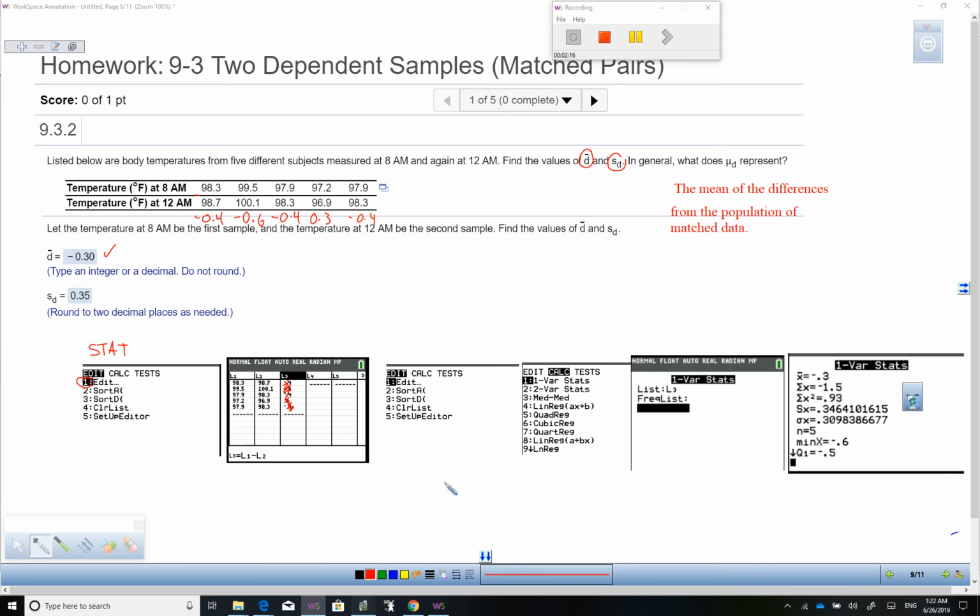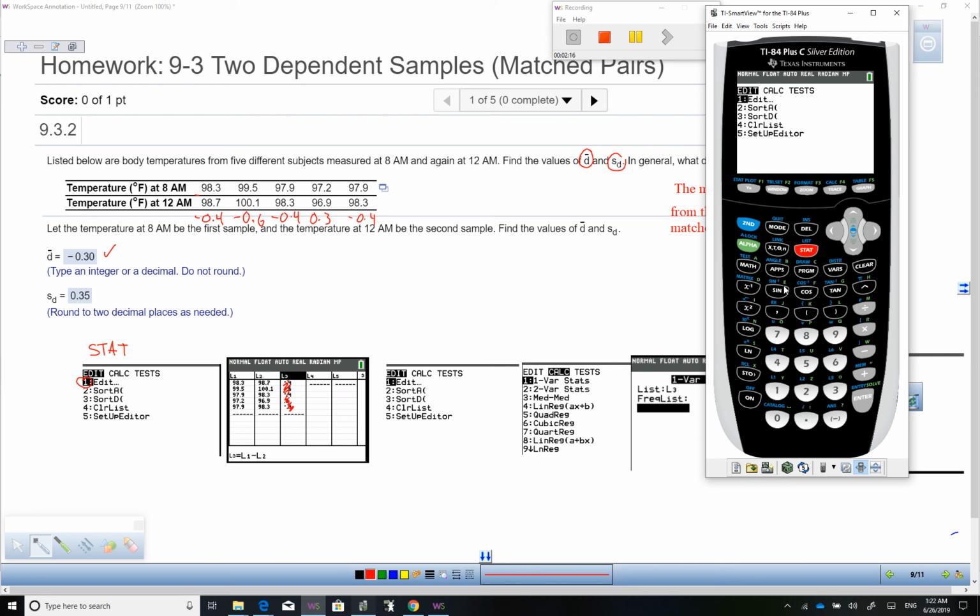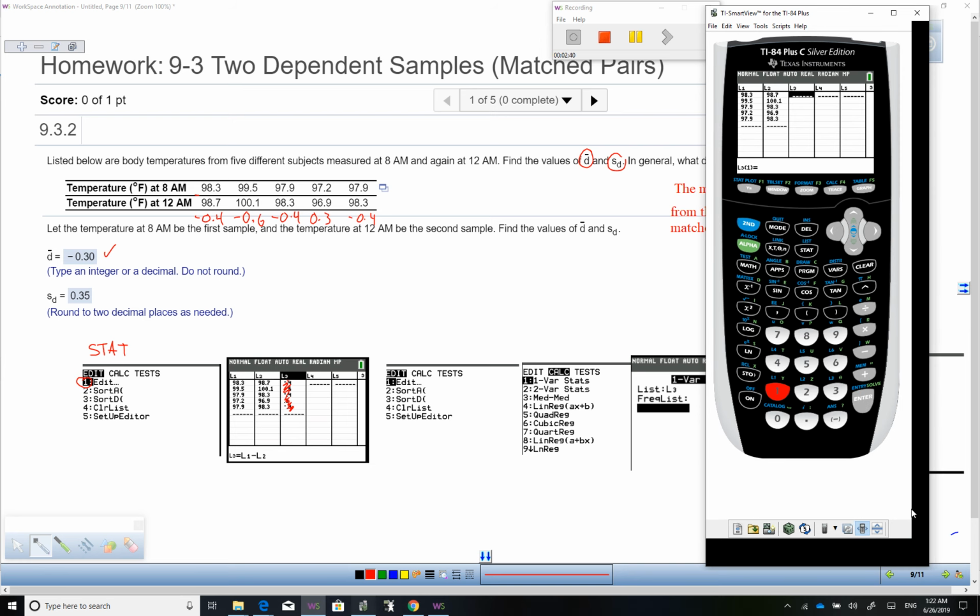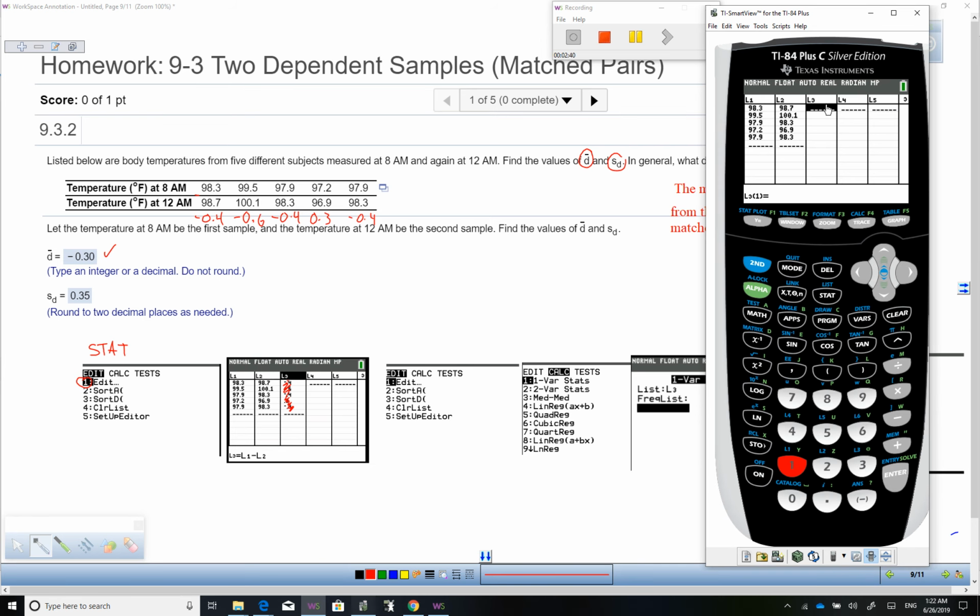Let me do it here on the calculator. You go to Stat, you go to Edit, number 1, so you select number 1, and then you fill out all these numbers in the column 1 and column 2. So for L3, let me maximize this calculator so you can see it bigger. Go all the way up with the arrow, highlight L3 and type second 1